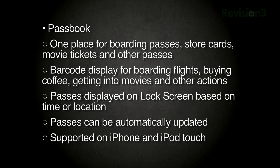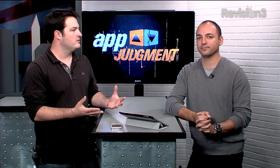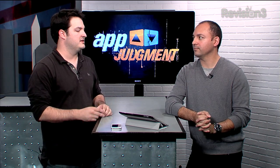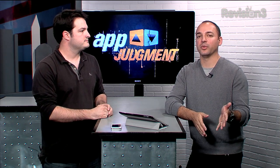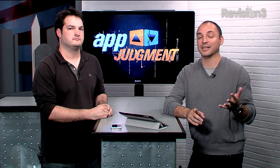iOS 6, during the entire beta period, I don't think anyone really used Passbook, because it totally depends on the third-party apps hooking into it. It's a lot like Game Center. When Game Center first launched, you couldn't demo it because the apps themselves had to be updated first. In case you don't know what it is, by the way, it's basically a place where you can store your passes, your store cards, movie tickets, anything that,